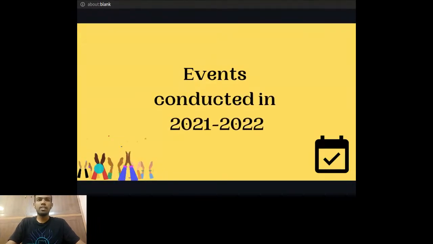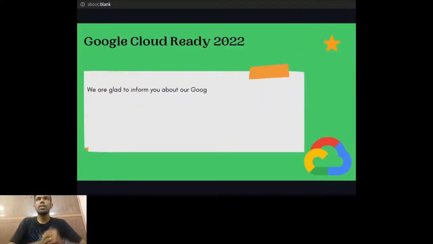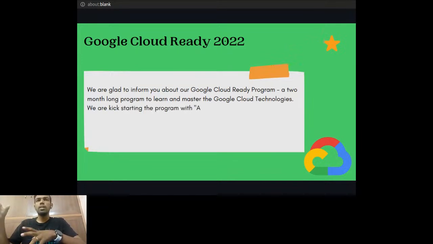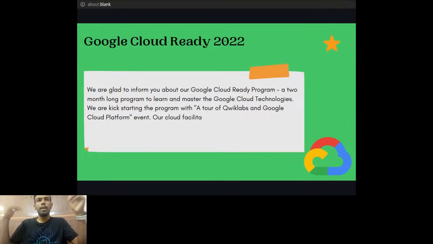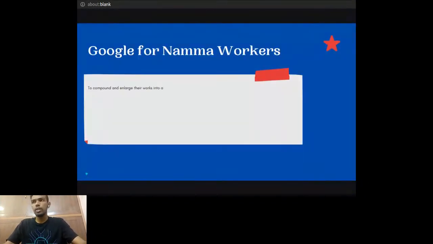The events we conducted in the last tenure include the Cloud Ready program. You would have heard about 30 Days of Google Cloud, I guess. That is a starting point for Google Cloud technologies, in which only GDSC members can participate. We did that last year, and this is an upgrade of that program, the Google Cloud Ready program. We collaborated with the Cloud Ready facilitator of our campus. Many people joined and it was really a nice one. It is a good way to kickstart your cloud career. You can do many things in cloud, ML, everything.